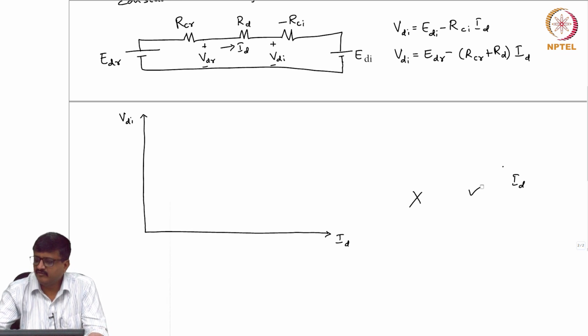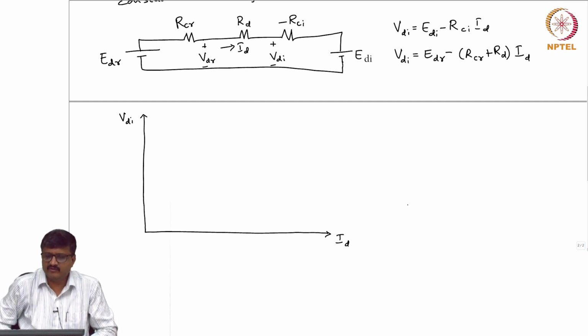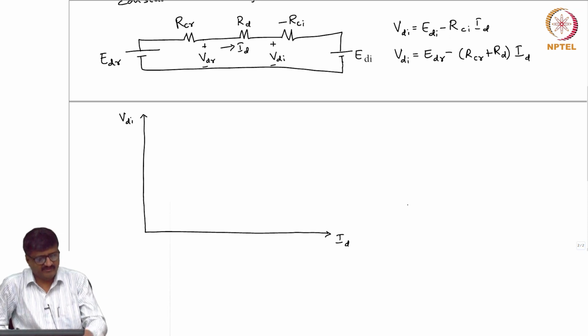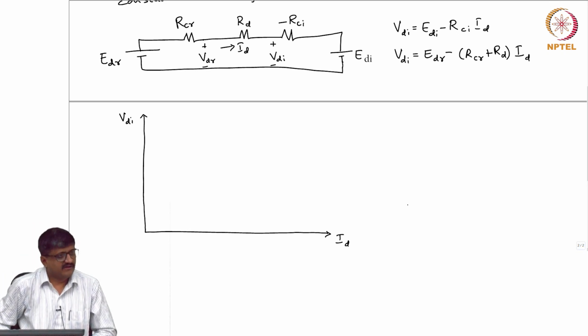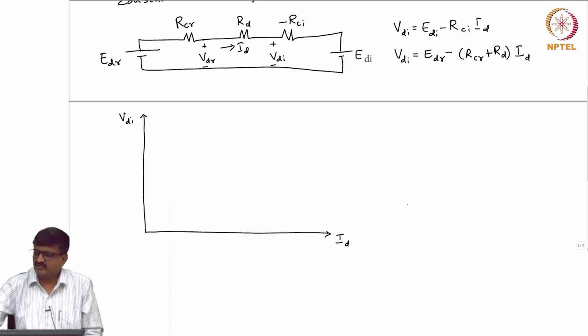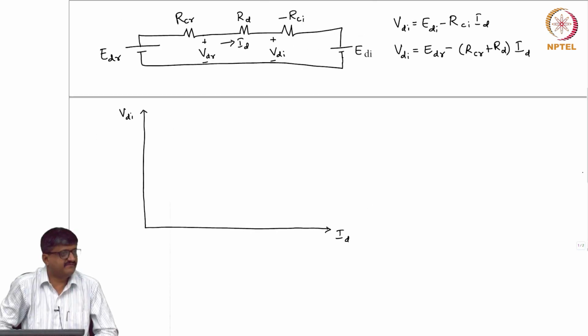Okay. Now, if I take one of the controls, see, one of the controls is constant current control. So, for constant current control, what will be the characteristic, steady state characteristic? Let us look at only the steady state characteristic. We are not worried about the transients. So, in this course, we will not look at the transients that are involved. So, suppose I employ some controller to regulate the DC side current, that is constant current control. See, just now I mentioned constant current control is employed at the rectifier side to regulate ID, which is done using alpha. So, what will be the characteristics in steady state in this graph?